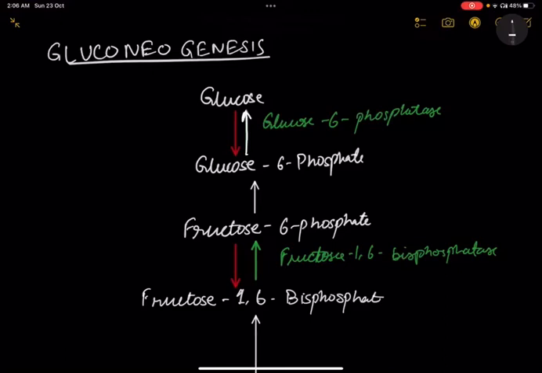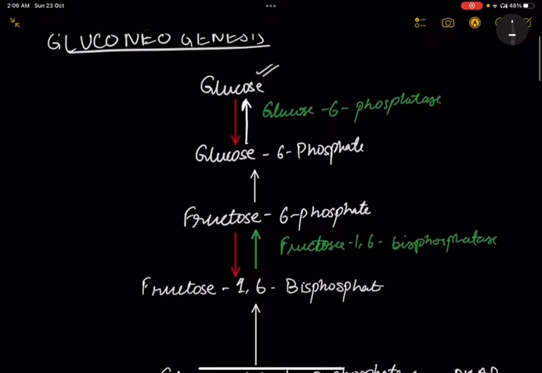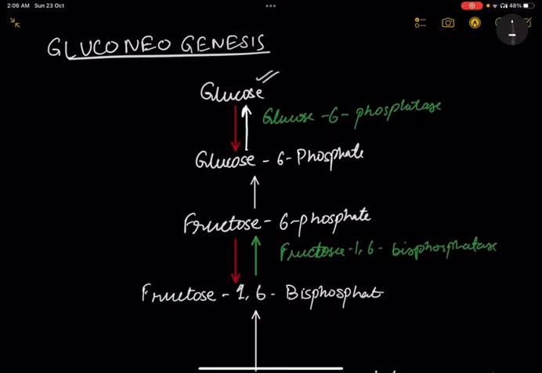Hey everyone, so today we will be dealing with gluconeogenesis. As the name suggests, gluconeogenesis means the formation of glucose from any non-carbohydrate precursor. That non-carbohydrate precursor, which we have to study, has four examples given, which is